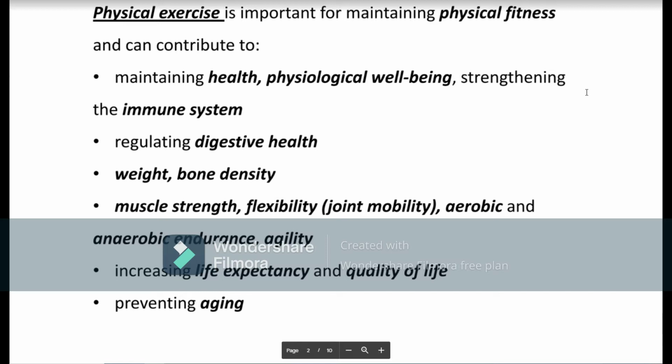Preventing aging. I believe you know that there are two types of age: biological age, and the age from when you were born. So probably you are 20 or 25 years old, but your biological age could be different. It could be different situations, but actually the more physically active we are, and if we follow some